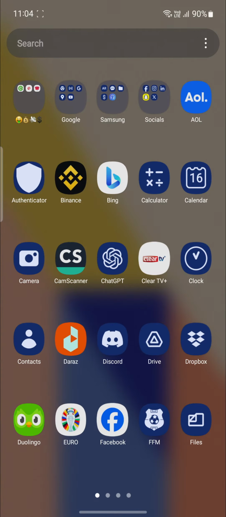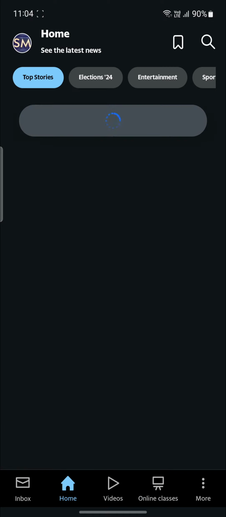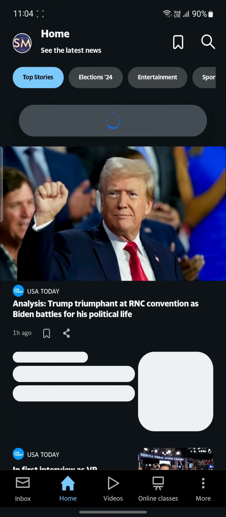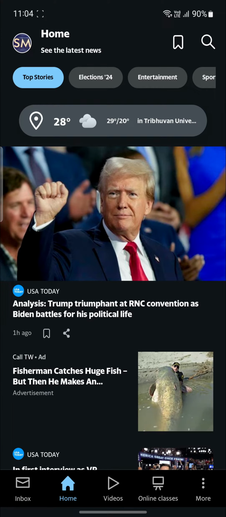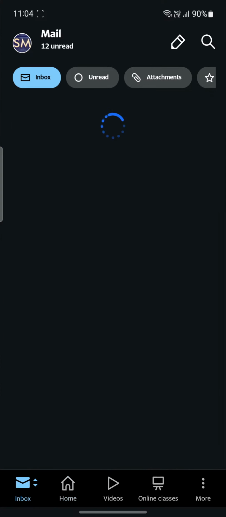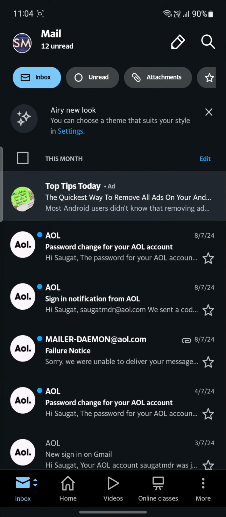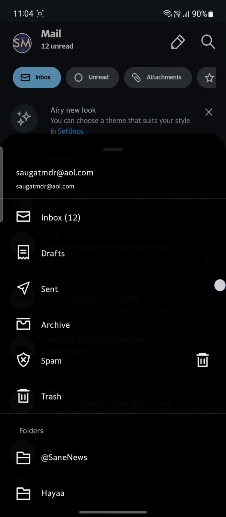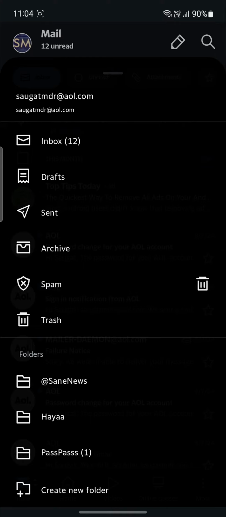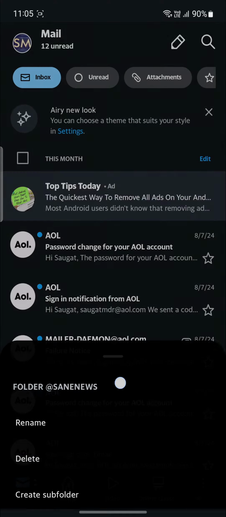Open AOL Mail on your phone, or else you can download AOL if you don't have one. What you need to do is tap on Inbox, which you see on the left hand side. After you tap on Inbox, tap on it again, scroll a bit down and you can see some of your folders. In order for you to delete your folder, you must go ahead and tap on the folder you want